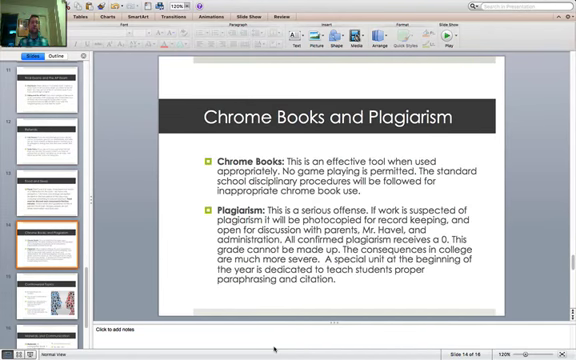Chromebooks and plagiarism. The Chromebook needs to be a tool that's used appropriately. And if kids are playing games, I'm going to make sure that they're held accountable in an appropriate way. I use a lot of online resources, and if they're not using that tool efficiently, I need to rein that in. Plagiarism, this is pretty serious, because in college,